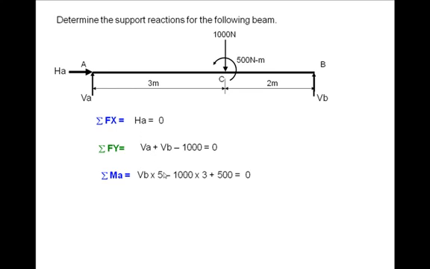Now you see three equations and three unknowns, HA, VA and VB. So we can work out the support reactions as required in the problem. The last equation itself gives us VB very easily. That's 500. If you put this VB in the second equation, you will get VA as 500, and HA we already worked out. So we have worked out all three reactions as required in the problem by using the fundamental equations of equilibrium for coplanar non-concurrent forces, and we have applied them to this beam problem.